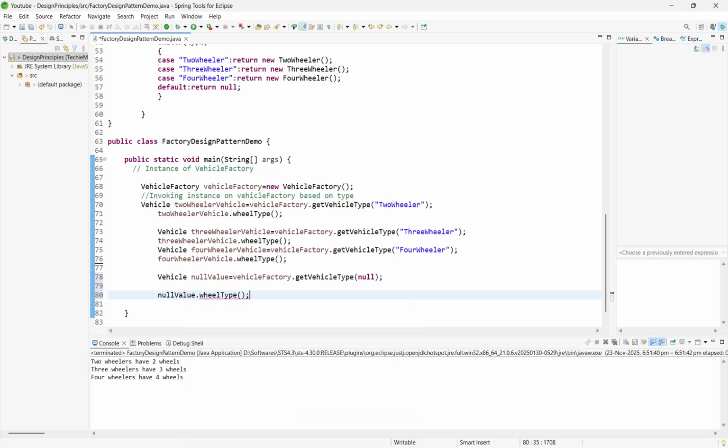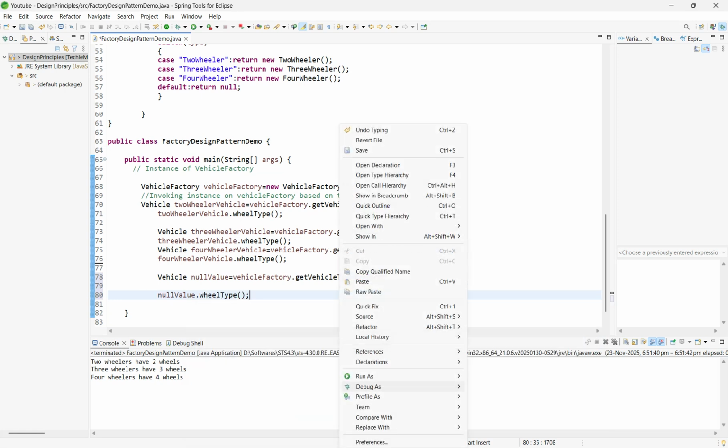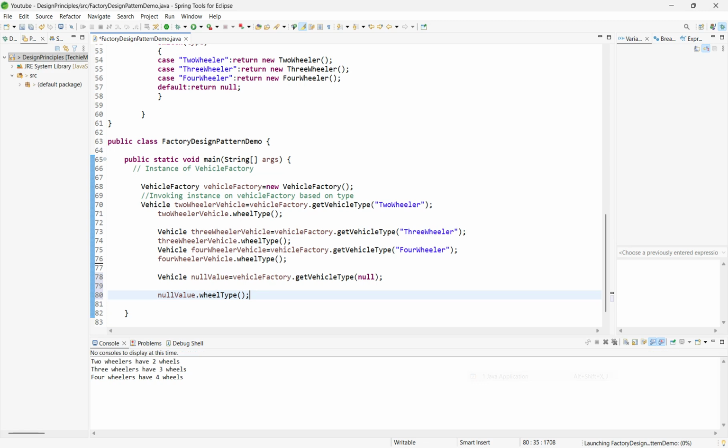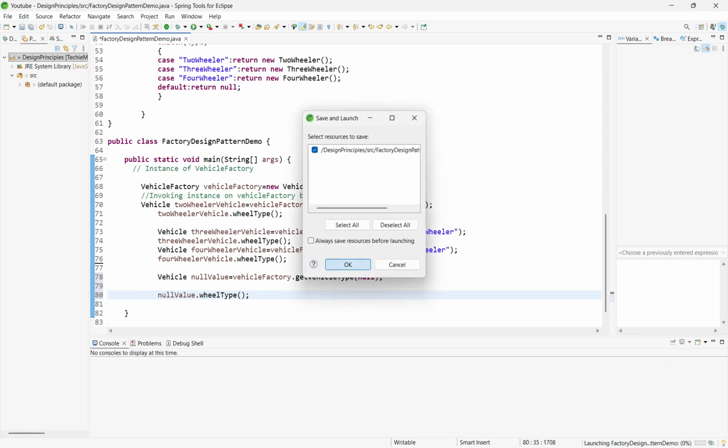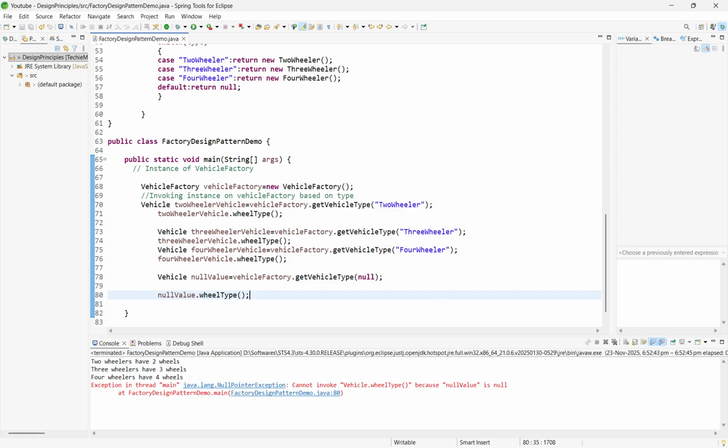It might throw an exception, I believe. Yes, it is rightfully throwing a NullPointerException, because the value is null and we try to invoke a method on it. If you just pass the value as null,